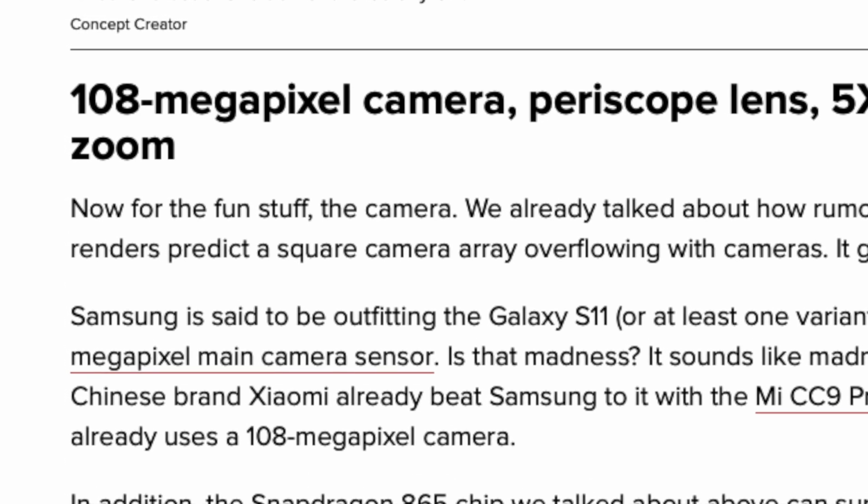But talking about the sensors themselves, there are many leaks and rumors to suggest that this will have a 108 megapixel sensor. Just like some of those Xiaomi phones, the S11 is going to be getting that too. And if you ask me, I don't feel like it makes that big of a difference. I mean, it's cool you have that many megapixels, but how much do you actually get out of all that power? I'm gonna say that it's also going to be pretty similar, not extremely amazing, considering how many more megapixels this is. Again, that's something we have to get in our own hands to test, and then we can judge the